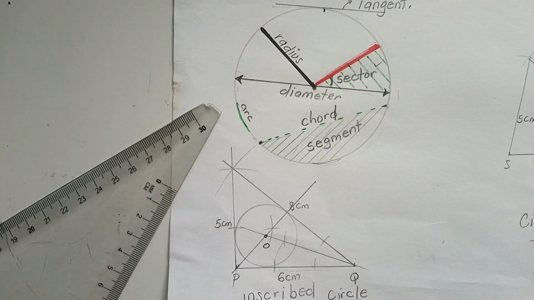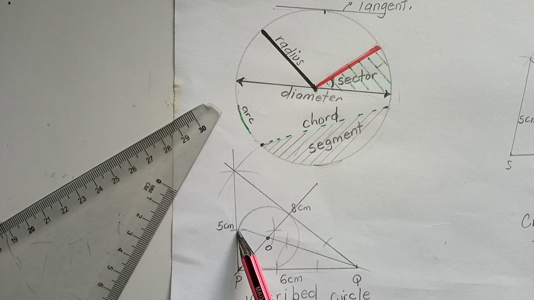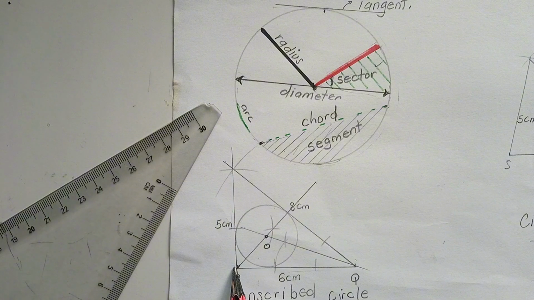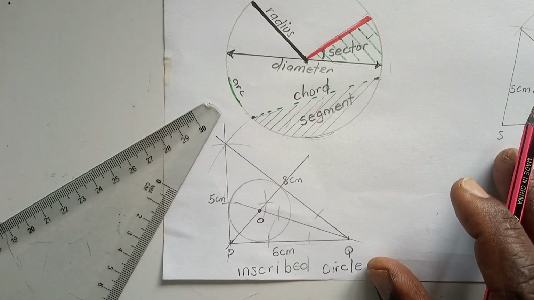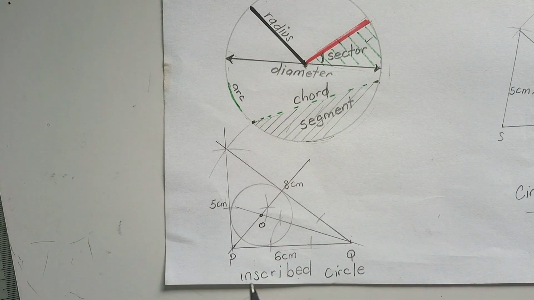So my circle is touching this point, this other point, and this point. So my circle is touching these lengths, the sides of our triangle. So to be able to draw an inscribed circle accurately, what we do first and foremost, you follow the rules of drawing your triangle. We have already covered